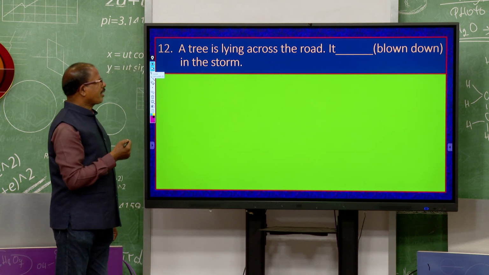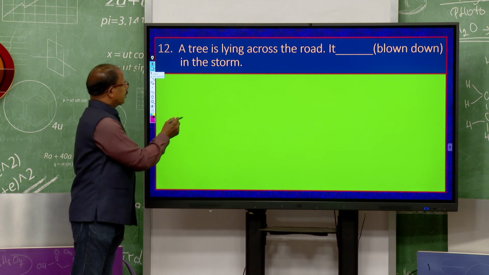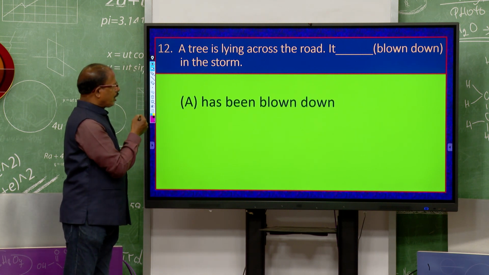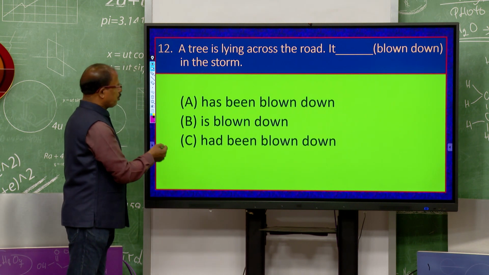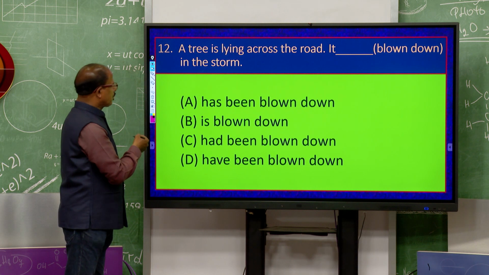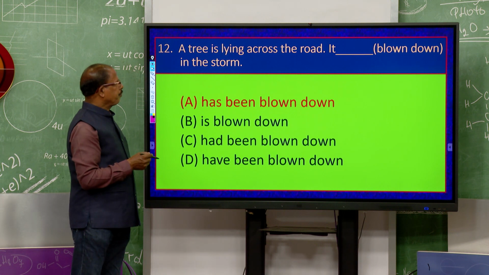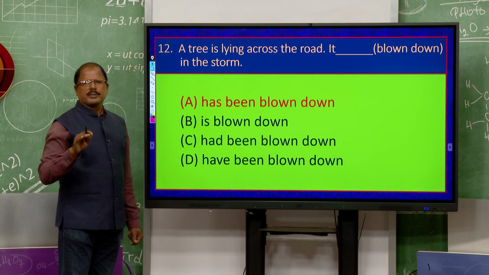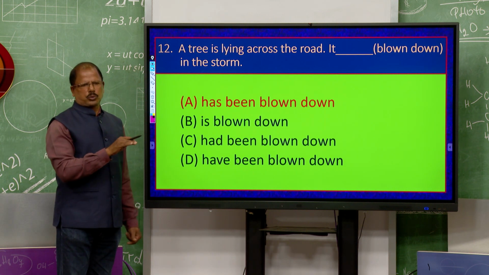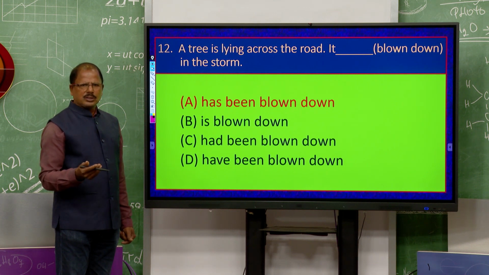Question 12, a tree is lying across the road, it dash in the storm, right. Yes. Option A has been blown down, option B is blown down, option C had been blown down, option D have been blown down, and the correct option is "has been blown down". Because why? Because the tree is lying, that is resultive. So, perfect aspect is there, a tree is lying across the road. So, from one side to another side, the speaker looks at it, there is result, there is evidence, that is why it is better to